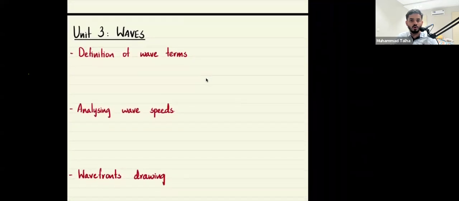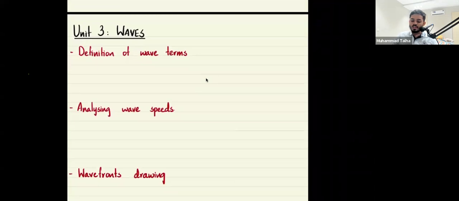All right, now on to unit 3, which is waves. So definition of wave terms, please make sure that you have this really solid. For example, if somebody asks you to define time period, you can say that this is the time it takes for a wave to completely pass a point. And then, for example, if somebody asks you to find wavelength,